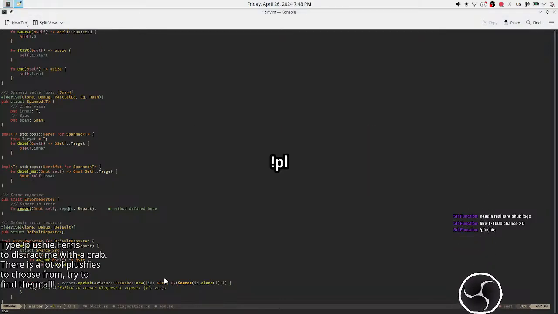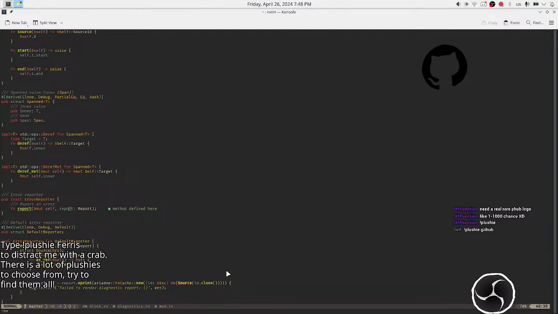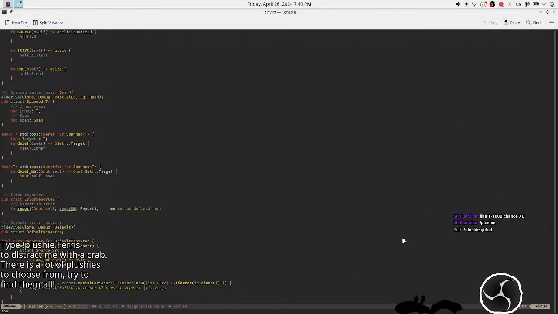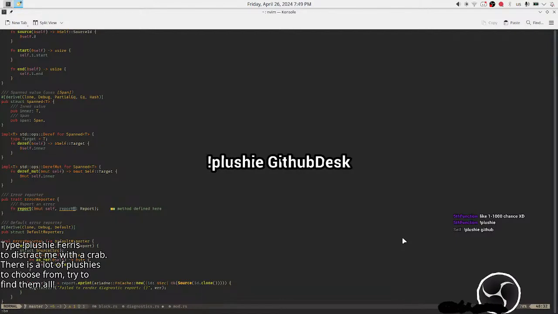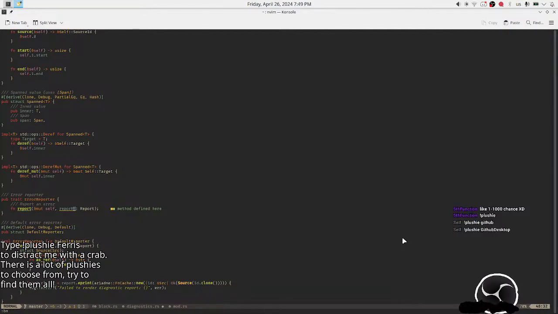I have another hub. I have GitHub, and this cat. And actually, I have not only GitHub. I also have GitHub desktop. Wait, what?